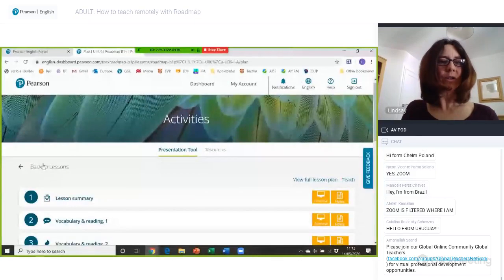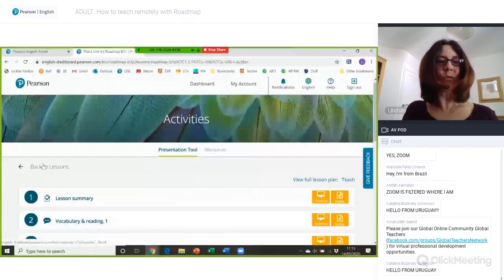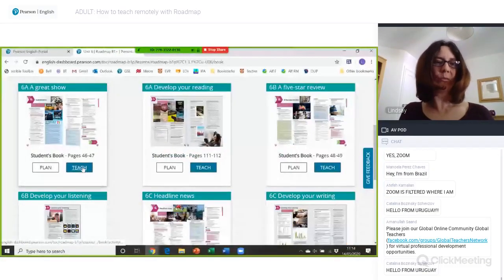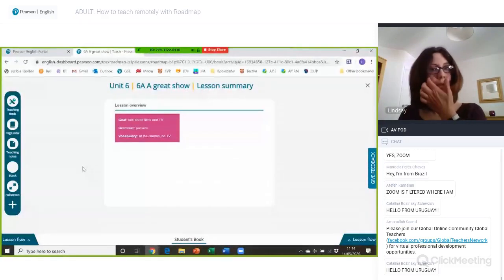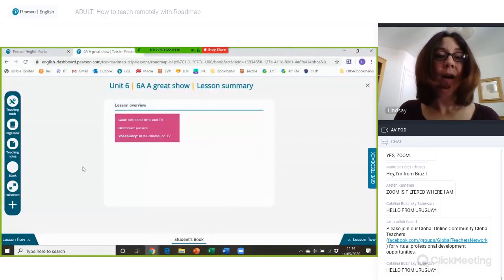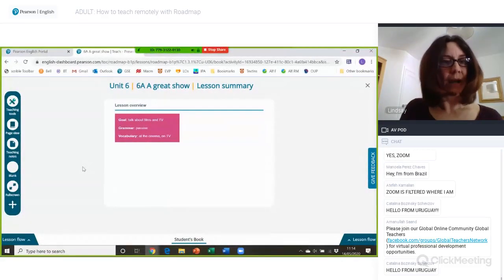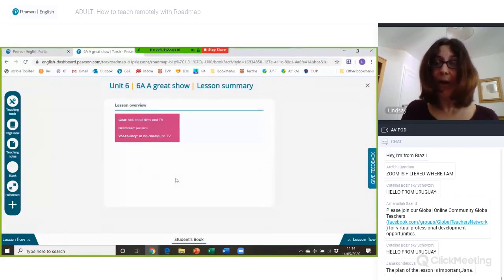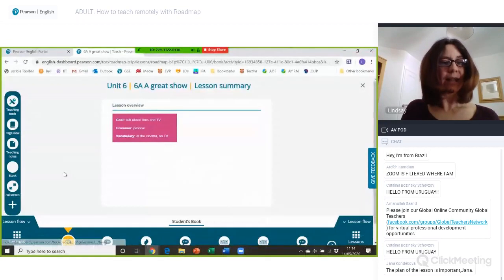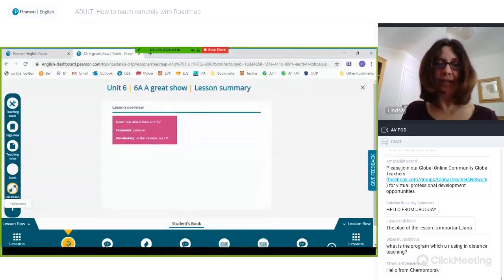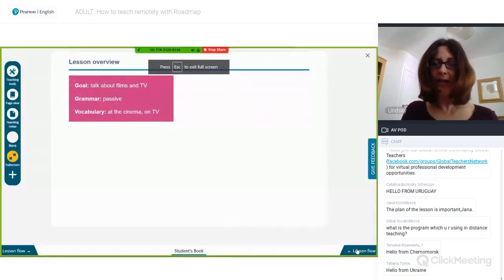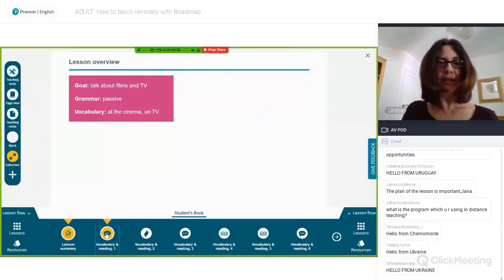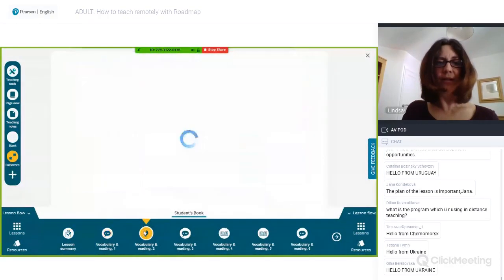And then you've got the actual teach feature. So this is what you'll do in the classroom, as I'll show you shortly. You click on teach, and then you can just simply go through every step of the way. So here you've got the lesson overview, and then we can click here onto lesson flow. So we can click on full screen. That's the best thing to do. So you can go to lesson flow, and then you click to the next exercise, and then the next one,